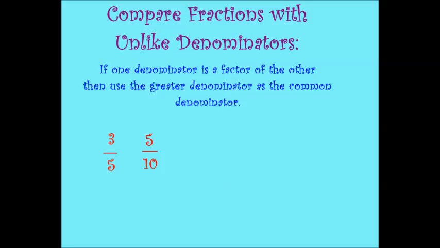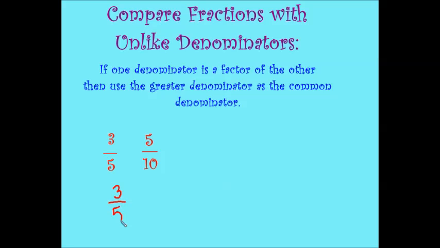We can compare fractions with unlike denominators in 3 different ways. In all 3 methods, we will look to find a common denominator before comparing. So in our first method, if you notice one denominator is a factor of the other denominator, for example, 5 can be multiplied by 2 to get 10, then use the greater denominator, in this case 10, for the common